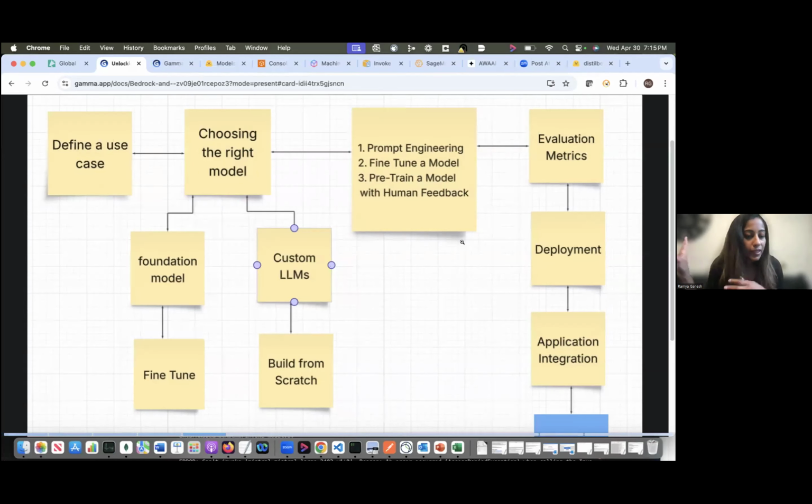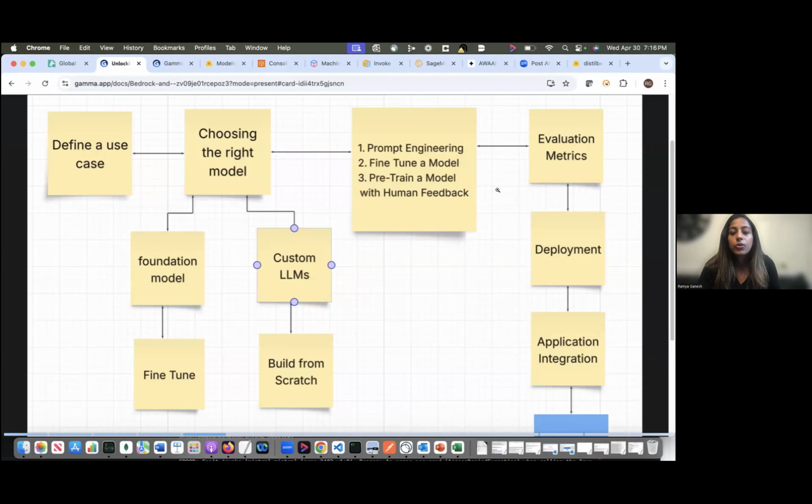So it's for the big guys, with millions of investment and a lot of data involved. So most people, the startups and people doing AI projects, will use the foundation model and either fine tune it to their use case or prompt engineer it. Designing a custom LLM can be done as well. If you want a small model, that can be done, or you can build it from scratch. That's an option. But most of the use cases these days fall under this classification.